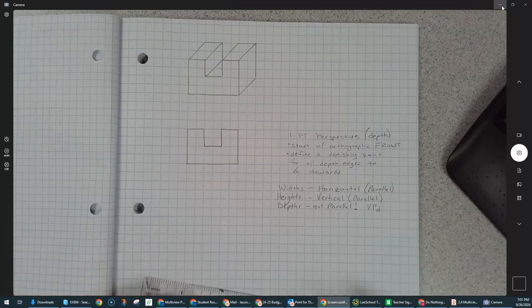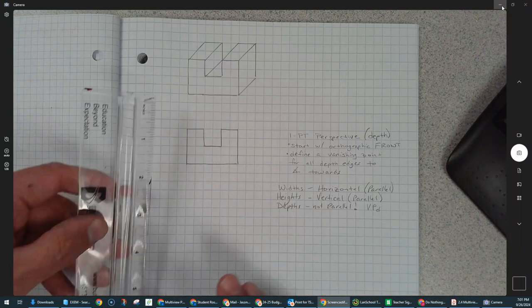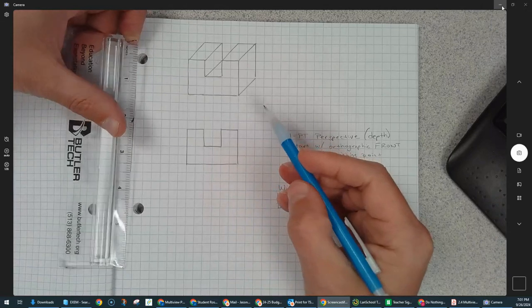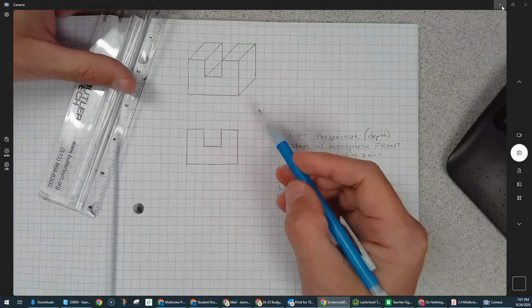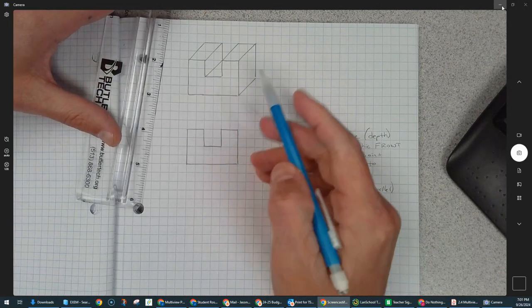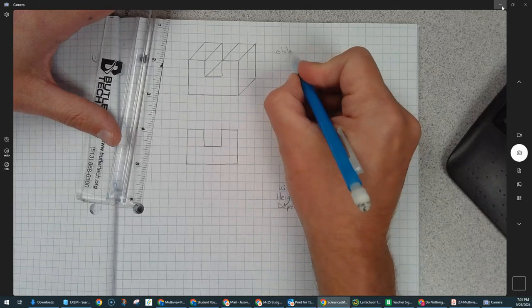Okay, this is to help with the perspective drawings that were assigned. We had a U-shaped block that we asked you to do a 1, 2, and 3-point perspective of. Here I have this shape drawn with an oblique view. So the oblique